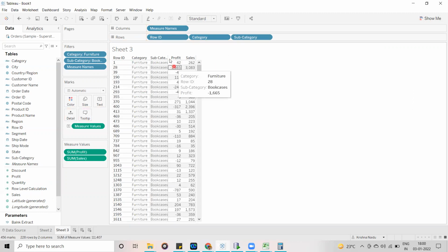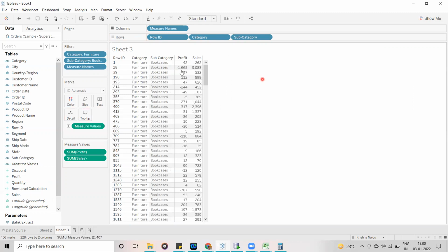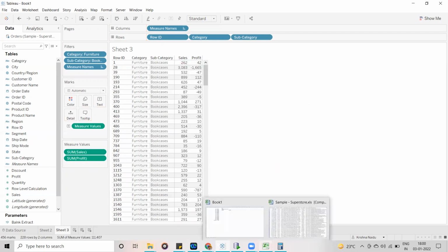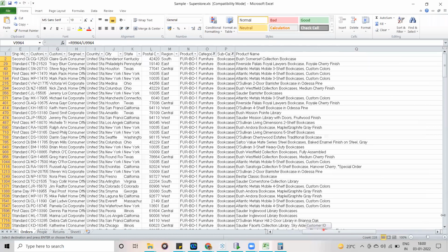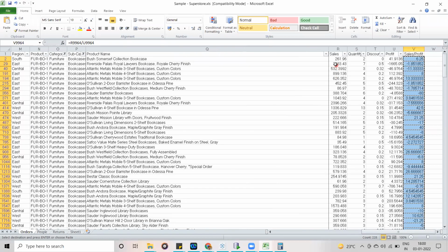So this is the data we are getting. Here, for example, sales and profit. And in the Excel, let me check any one. Here 3083.43 and 1665.05.